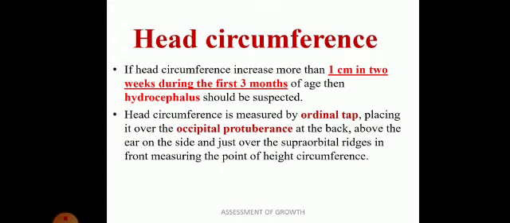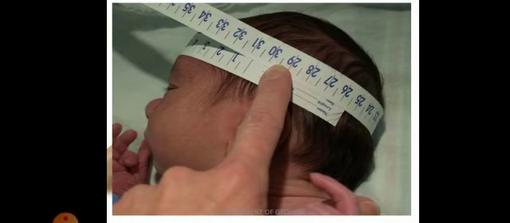Now how to measure this head circumference? It is very simple. You put a measure tape. This measure tape should be flexible and non-stretchable. Your measure tape should rest on the supraorbital margins on the anterior side, and on the occipital protuberance on the back side. You can have one figure. Here you can see anteriorly it should be above the supraorbital margin, and posteriorly it should be over the occipital